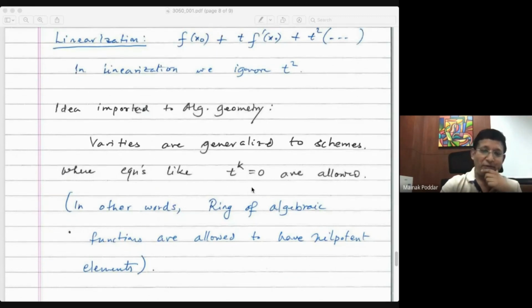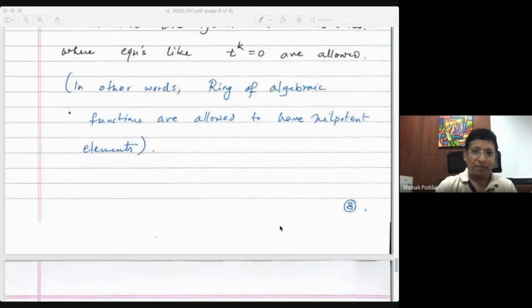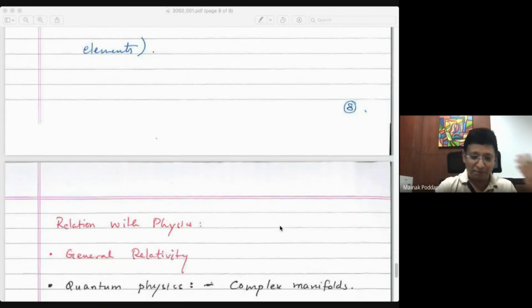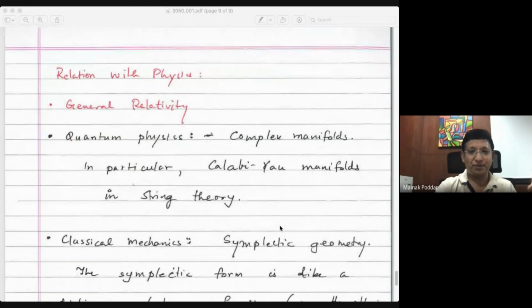And then, in the scheme, you can have nilpotent functions like powers of zero and so on. But also in general, many of the theorems of differential geometry have been generalized to algebraic geometry, and differential geometry has often provided sort of a roadmap for algebraic geometry. Some of these ideas are so fundamental that you can apply them for singular spaces also.